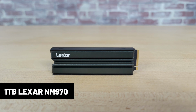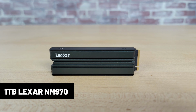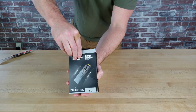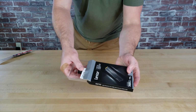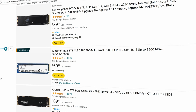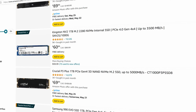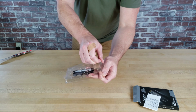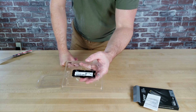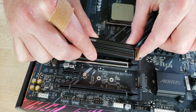For the SSD, I chose Lexar's Gen 4 NM970 NVMe drive, mostly because it was on sale for $72 on Amazon, and it came with a heatsink. But it also benchmarks well when compared to other similarly priced Gen 4 SSDs. There are a lot of SSD options out there though, and I could have probably saved an additional $10 or so by opting for a Gen 3 drive instead. And in doing so, I probably wouldn't have noticed any significant real-world performance losses. But since our motherboard offers PCIe 4.0 support, and because I had enough room in the budget, I opted for